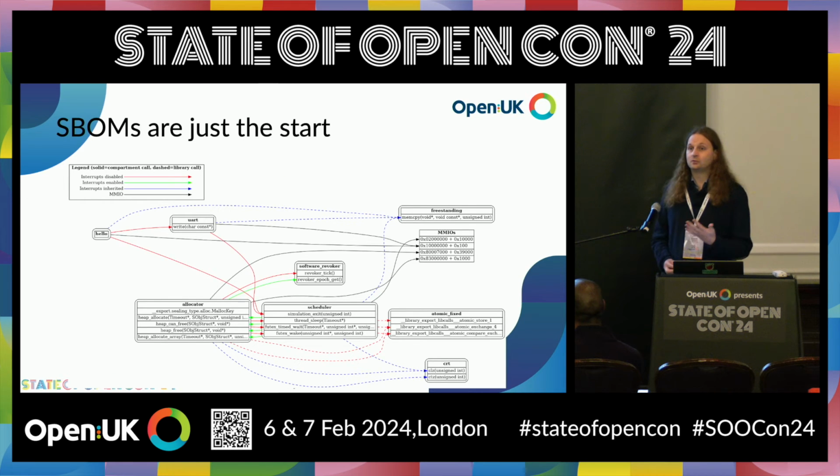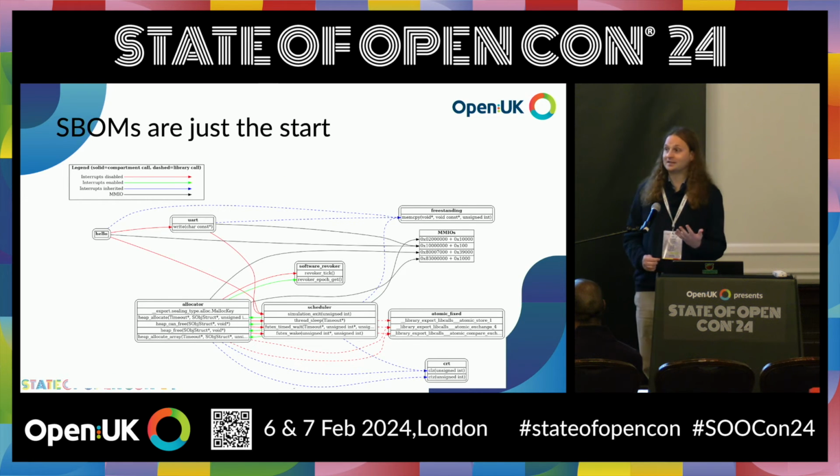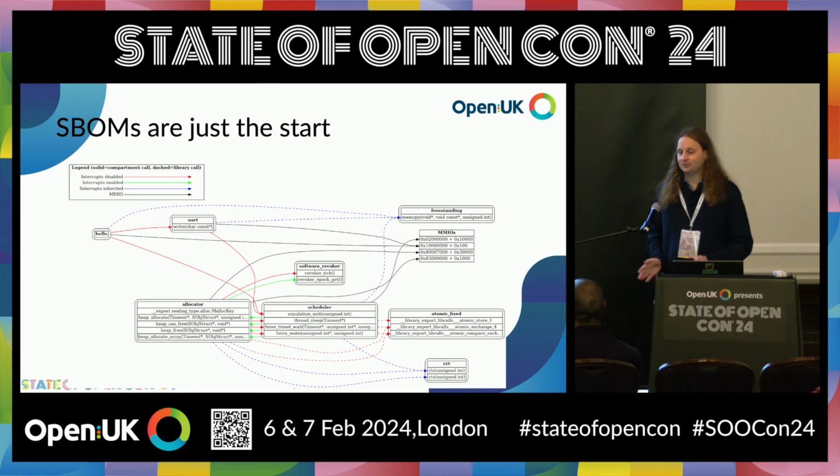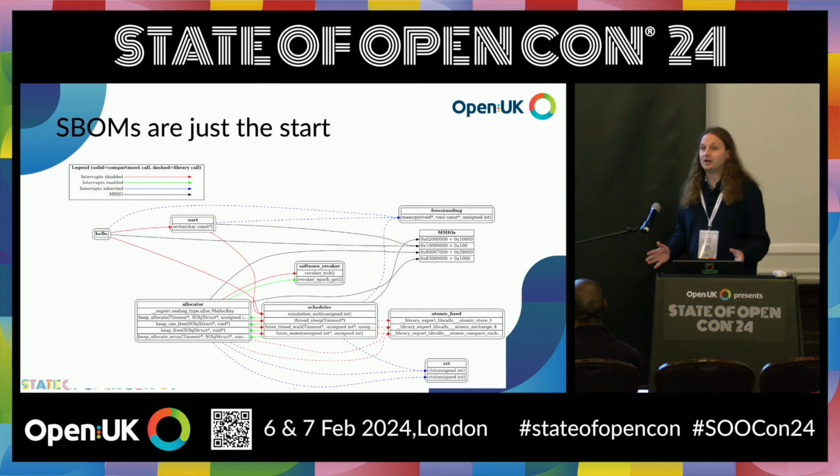And the last talk talked for a really long time about SBOMs. And SBOMs are great. You know, they tell you where your code came from, but they also mentioned one of the problems, which is, okay, I have used this component, and it's got a vulnerability. How much damage can it do? Am I using those code paths? And so when you link a firmware image on this platform, you get, as well as the linked image, an enormous JSON document, which makes your SBOMs look very small in comparison, which tells you for every compartment